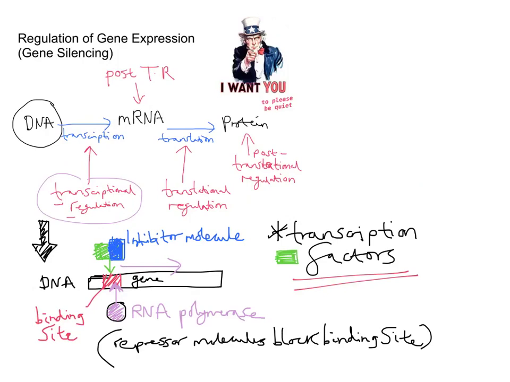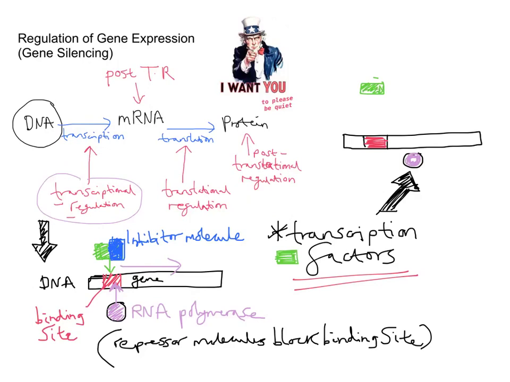So let's just put that into place. What we've done is turn the gene on first of all, and then I explained how you turn it off with an inhibitor molecule. So now we're going to take the story up here. If we imagine here, just draw again, here's our original piece of DNA, here's our RNA polymerase enzyme, here's our binding site, which we need our transcription factor to bind to. So we have a transcription factor here,